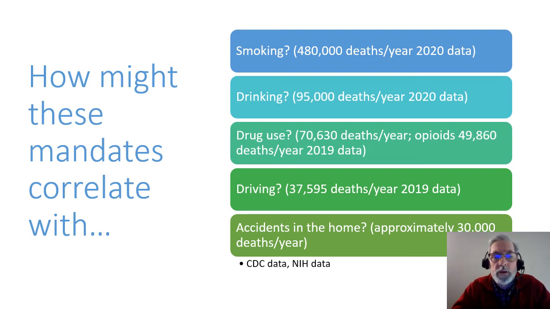What about drug use? Of course, we have illegal drugs, but we also have opioids, and almost 50,000 people per year die from opioid overdose. Now I'm a proponent for opioids for some patients, and definitely they need to be monitored. Some people need them to just get by, but look at the death rate on that. What about driving? Taking almost 38,000 lives per year. Should we maybe just restrict that?